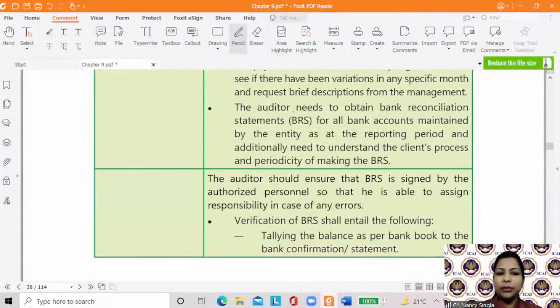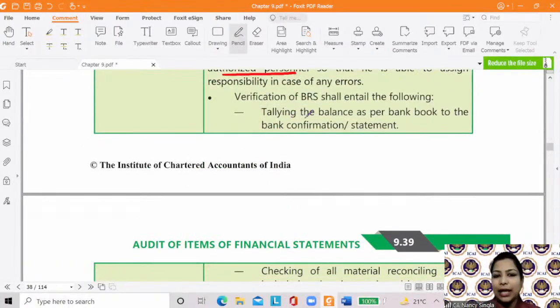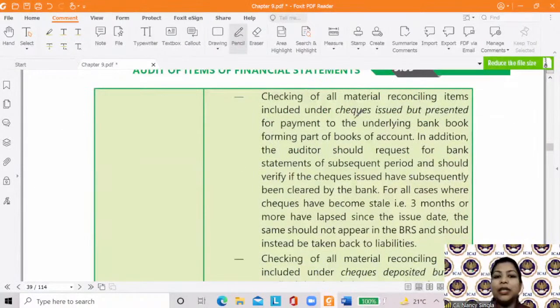ये तो हमने देख लिया कि BRS के लिए क्या करना है, all bank accounts के लिए लेना है. ठीक है, एंड व्हाट इज द क्लाइंट्स प्रोसेस एंड पीरियोडिसिटी एंड ऑथराइज पर्सनल से साइन होना चाहिए, ये तो देखना ही है, ठीक है। अब वेरीफाई कैसे करना है, फर्स्ट ऑफ ऑल टैलिंग द बैलेंस एज पर बैंक बुक टू द कंफर्मेशन और द बैंक स्टेटमेंट, सिंपल, ठीक है। नाउ विद रिस्पेक्ट टू चेक्स इशूड बट नॉट प्रेजेंटेड फॉर पेमेंट,